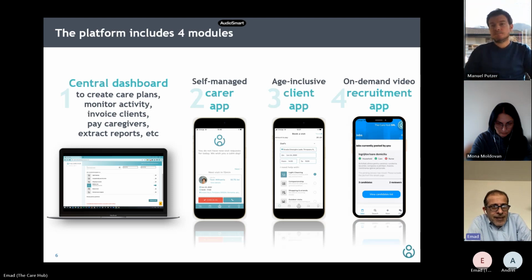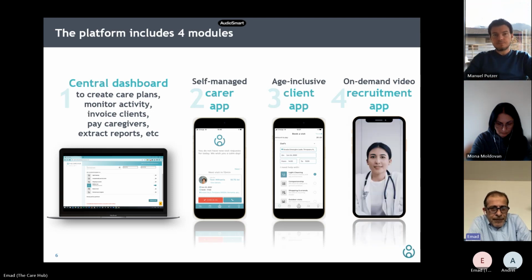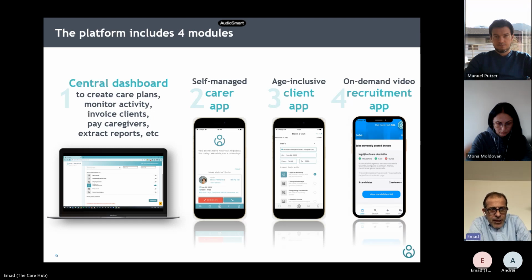The second part is a self-managed carer app, and this is the one that provides the carers with the ability of entering their information and seeing their visits. We'll come to the details of it, but this is how the caregiver manages their own activities and their own